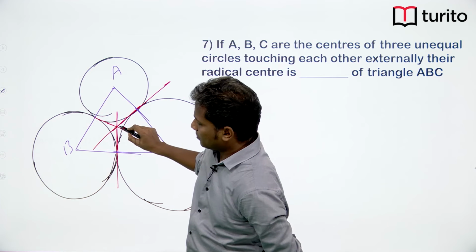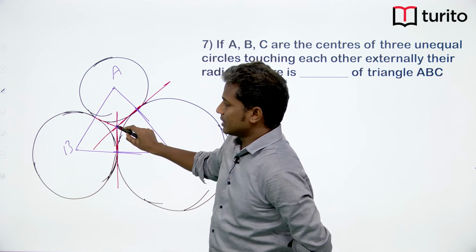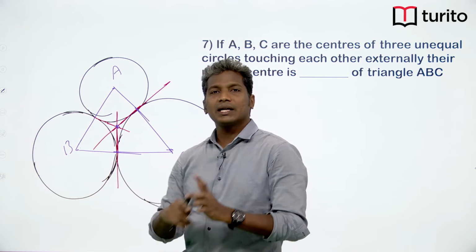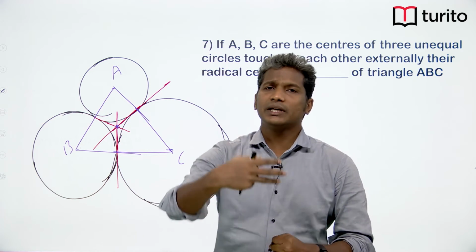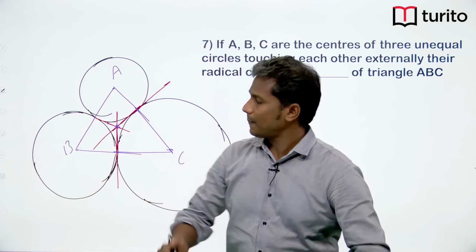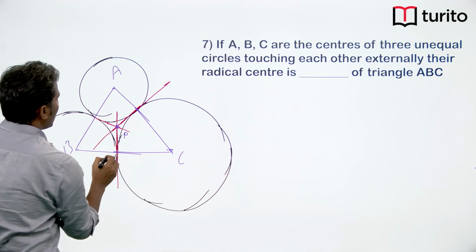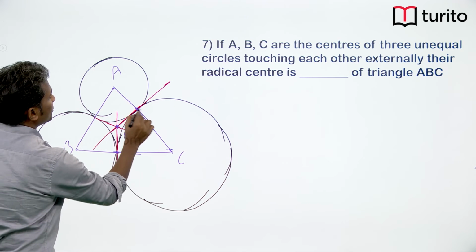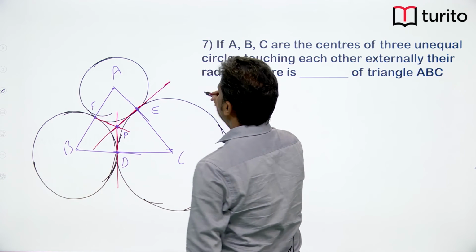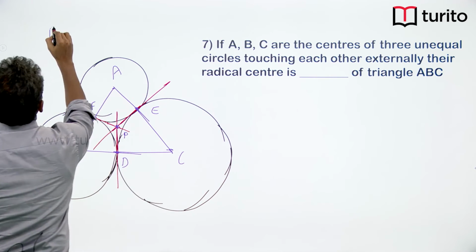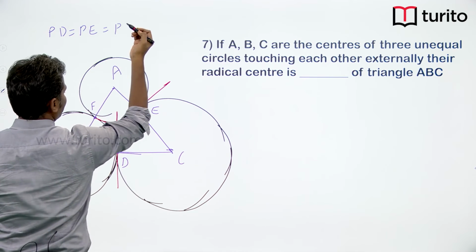Now, if you observe the point of intersection where these red lines are intersecting, all the tangents that I can draw from the radical center to the three different circles must be equal. So, if I take this center as, let us say, P and this point as D, this point as E, this point as F, then by the definition of the radical axis, we get that PD is equal to PE is equal to PF,